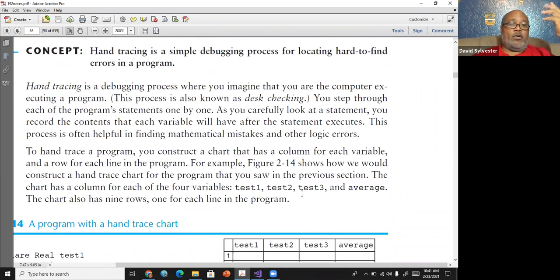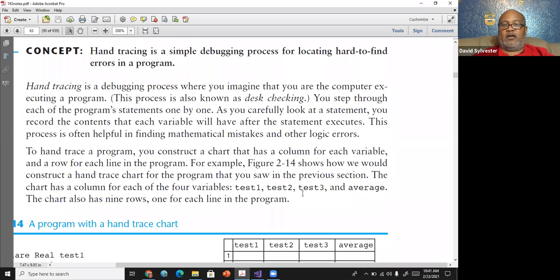All right. So hand tracing is a debugging process where you imagine that you are the actual computer itself. You're going through the program and executing it yourself, line by line. Okay. This process is known as desk checking. All right. You step through each of the program's statements one by one.